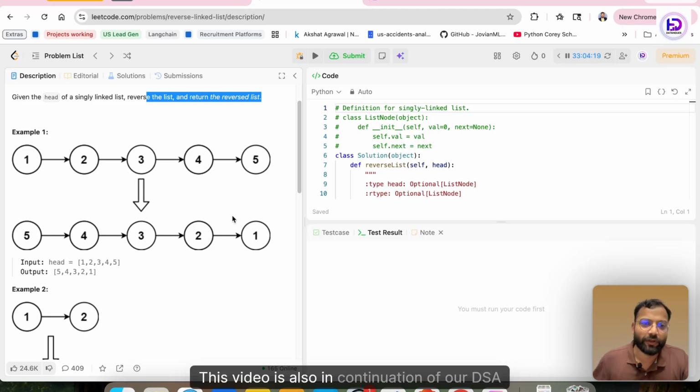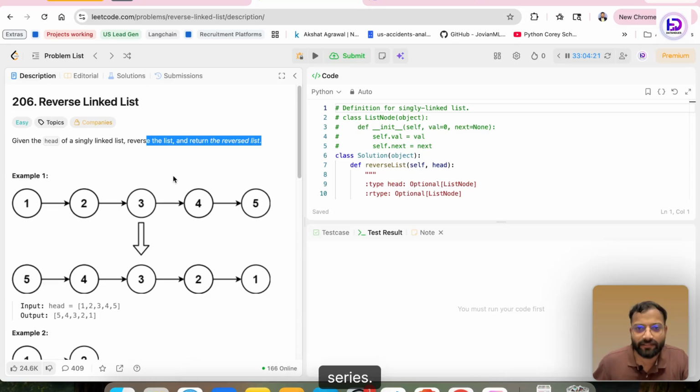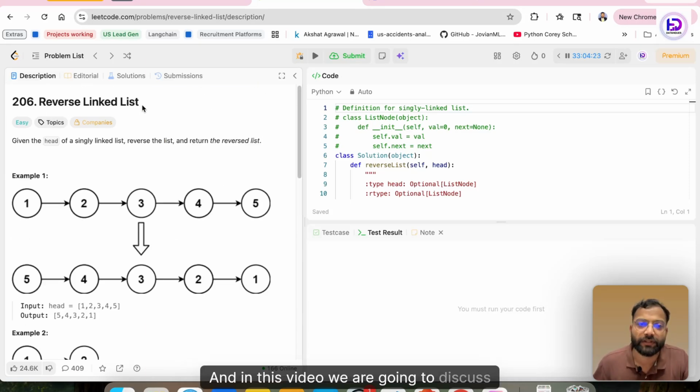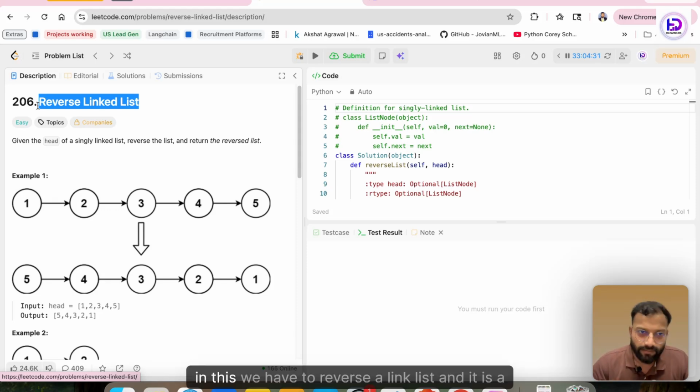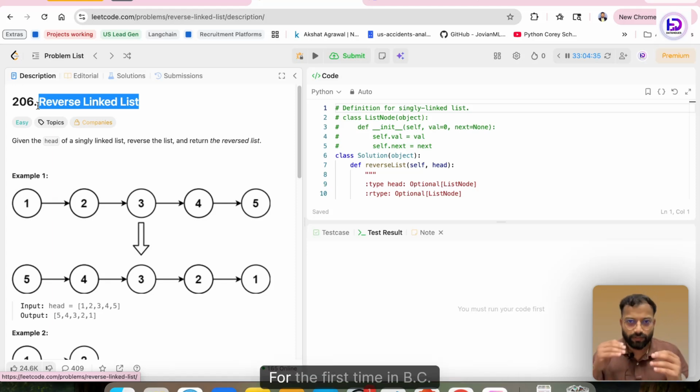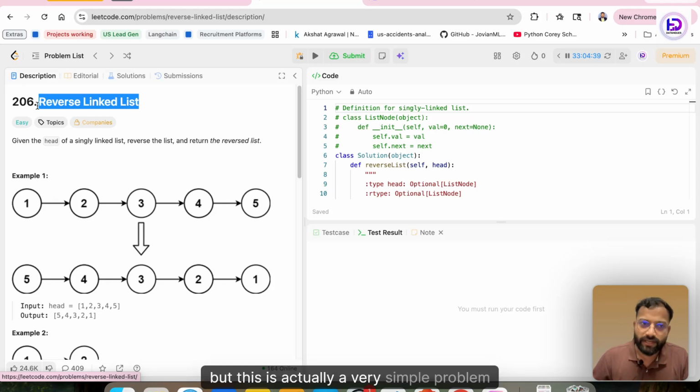This video is also in continuation of our DSA series. And in this video, we are going to discuss how to reverse a linked list. This is a problem statement on LeetCode called 206. So in this, we have to reverse a linked list, and it is a very easy problem statement. For the first time when we see it, it might look difficult, but this is actually a very simple problem